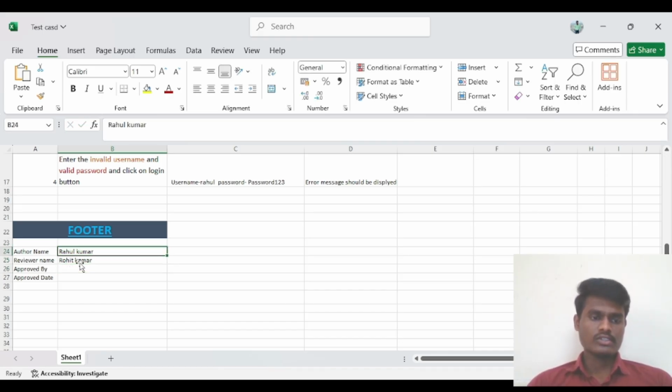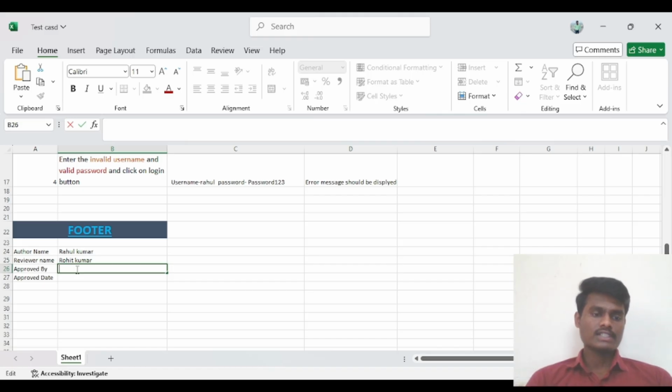This is the person who is going to review this test case. And approved by: whoever is going to approve this test case, that person's name you should write, like a team leader. This person only is going to review and approve this test case.